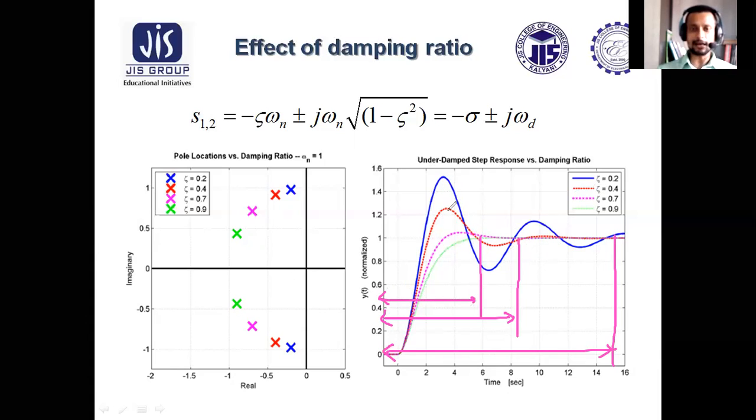So with increase in zeta, the peak response, or amplitude of the response, will be reduced. With increase in zeta, settling time will be reduced. That means the system will respond faster. So these are some effects of zeta on system response. In the next class, we'll be discussing time domain specification parameters such as settling time, rise time, peak time, maximum overshoot, and their significance on system response, along with some solved numericals.